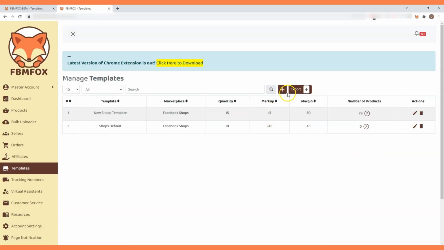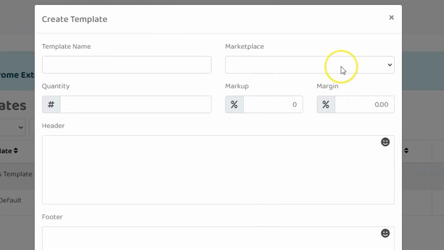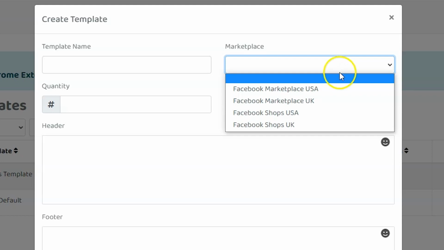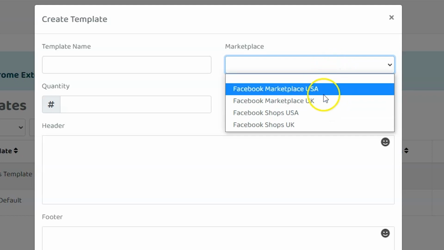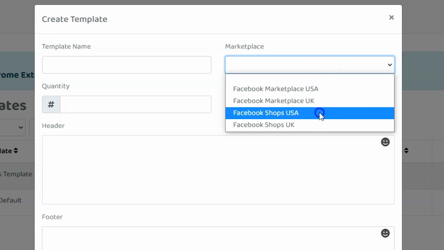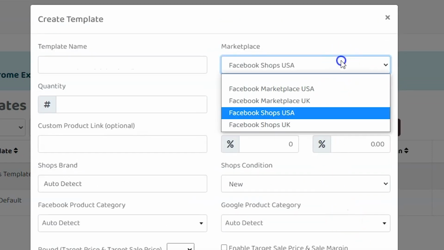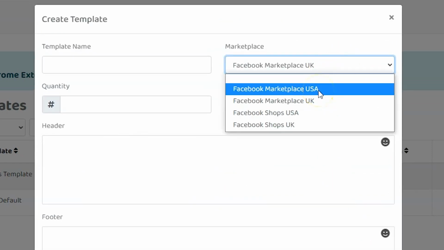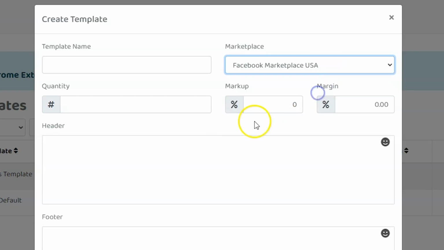Here we have an example of the old templates. It was quite basic, very basic, which is a plus. But here we had a marketplace section, and we had shops which had a lot of details, and then we have the UK or the USA marketplace, and then we just had Facebook marketplace, which had less details, right? But if a person wanted to use one template for both shops and marketplace because their product is going to both, and they wanted stuff like hide from friends, it just wasn't working out, right? It wasn't intuitive in that manner.